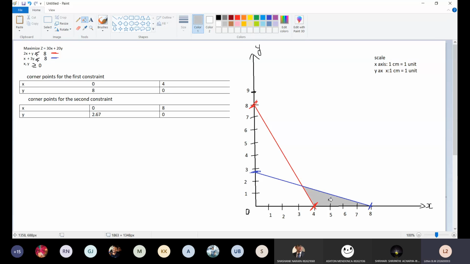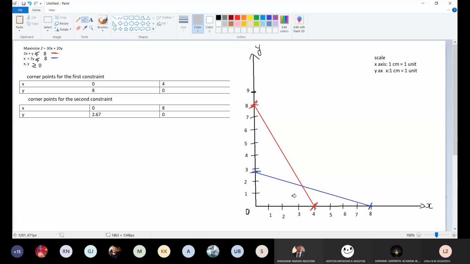Now look at this region. What does the first constraint say? It says less than, that is to the left. The shade should come to the left of the red line. Has the shade come to the left of the red line here or to the right? Right. Technically it should have come to the left, but it is coming to the right. So this is not the region, right?